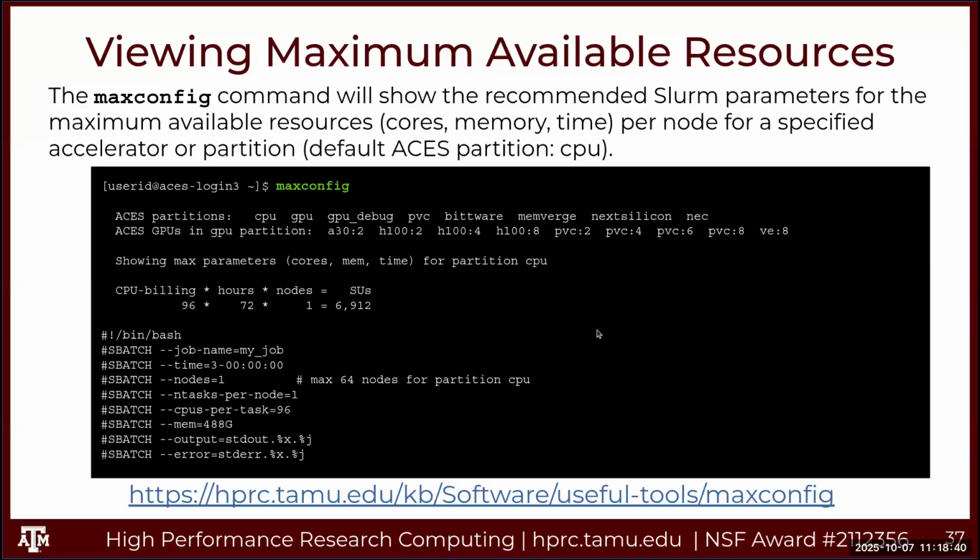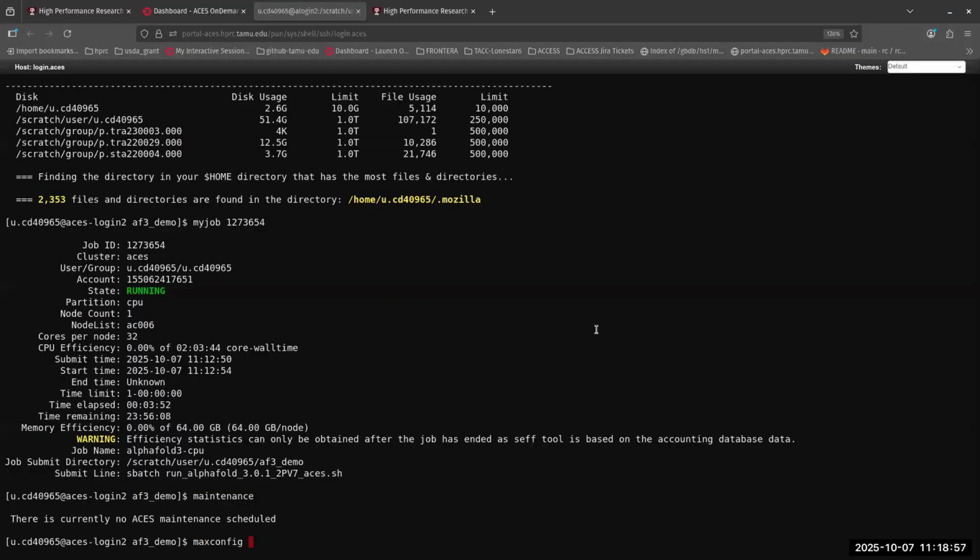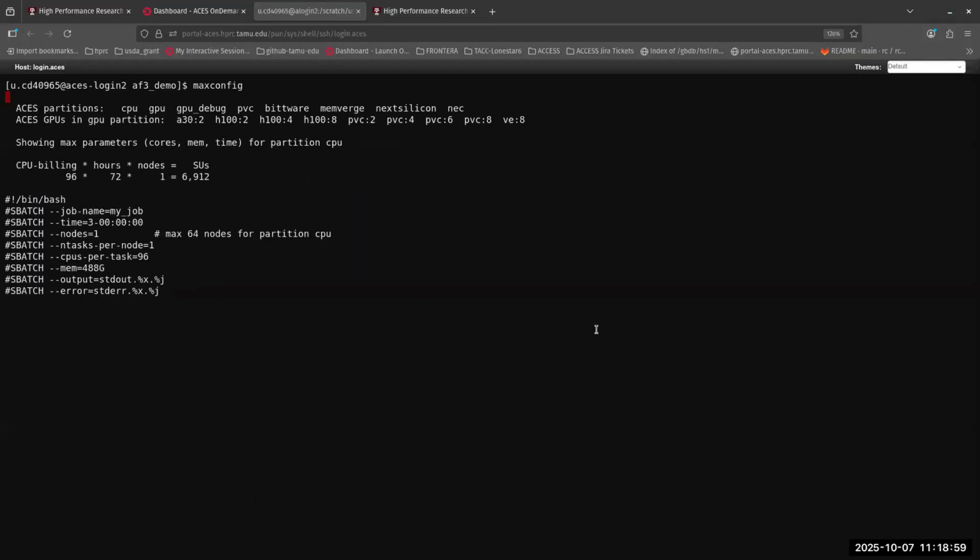Max config. So this will allow you to see how many cores and how much memory is on a compute node. If you just run max config, it will display the CPU partition. Control L to clear and enter. All right, so it shows you all the partitions here, and the GPUs configured. It doesn't show you how many of each node, but there is at least one node that has two